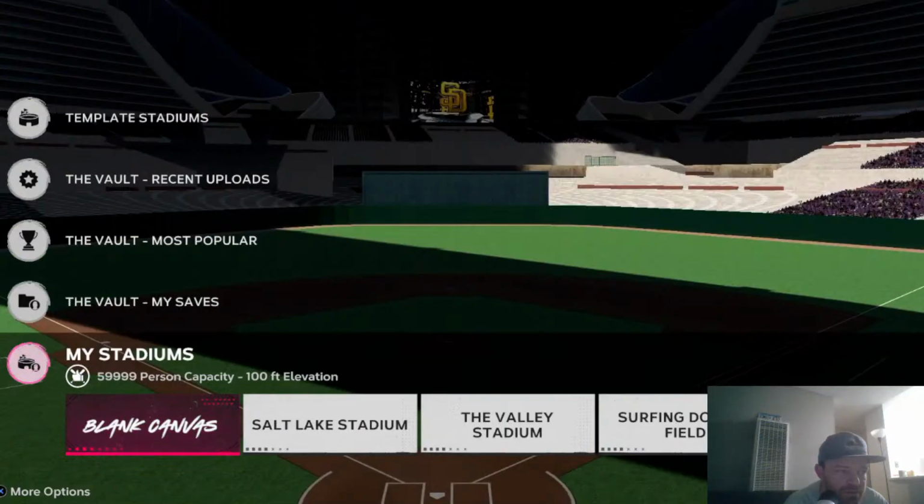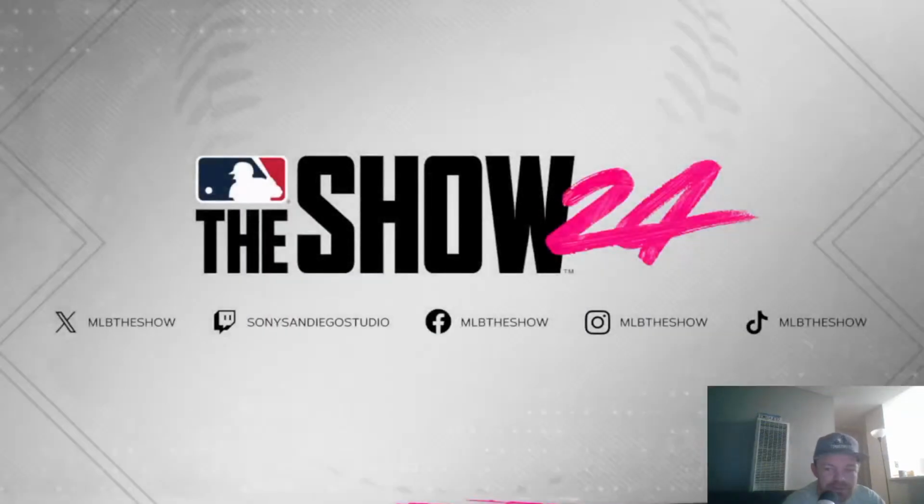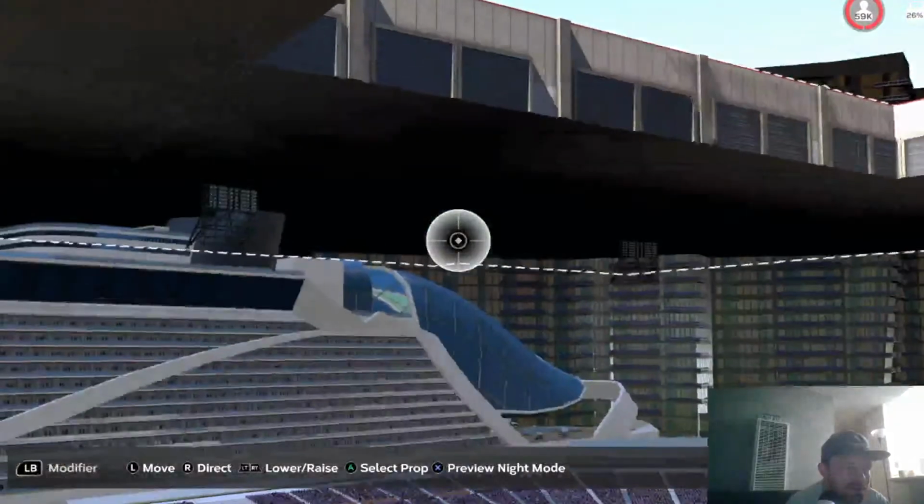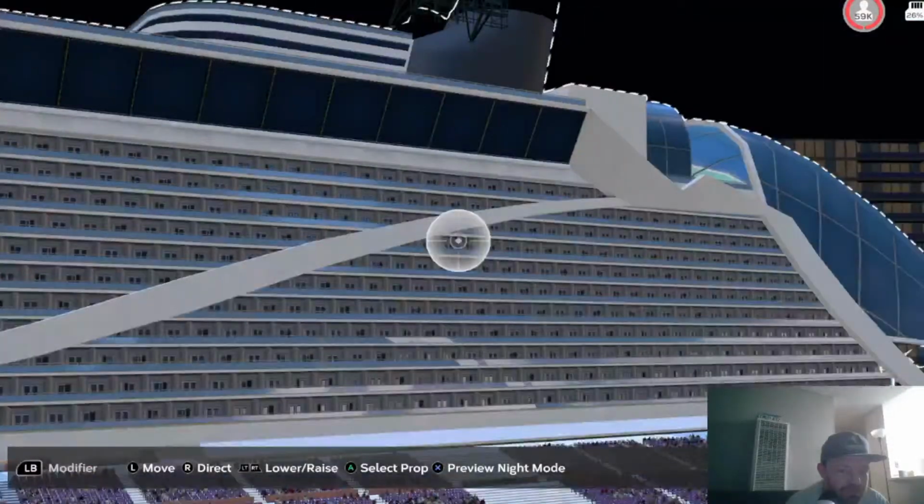Yeah, because otherwise I was going to go through my vault. I don't know what to do with this. Oh no, I was just kind of messing around. I wanted to put it over the max capacity of the stand, so that way it looks like a bunch of stairs around it. Oh, that's crazy. And it looks even bigger with the